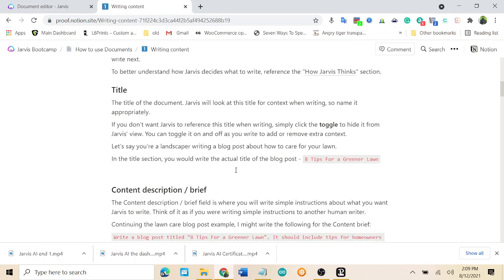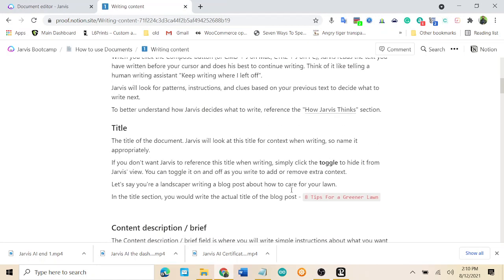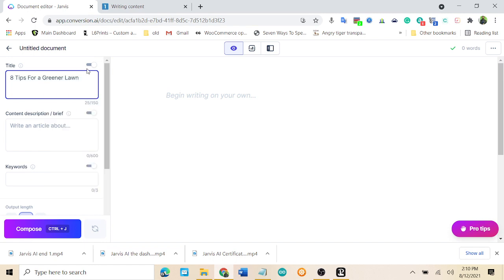All right, so let's go back. Let's, you know what, let's put this in: 8 tips for a greener lawn. I wish I was doing this live and I could get y'all to come in there and just tell me what to put in, and I'd just populate it, and we'd all just